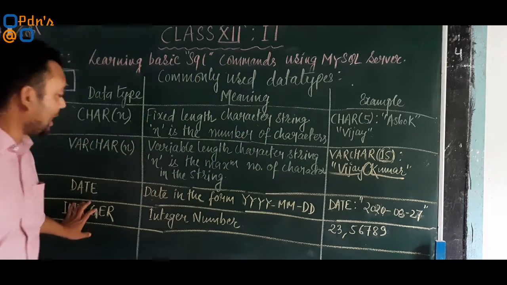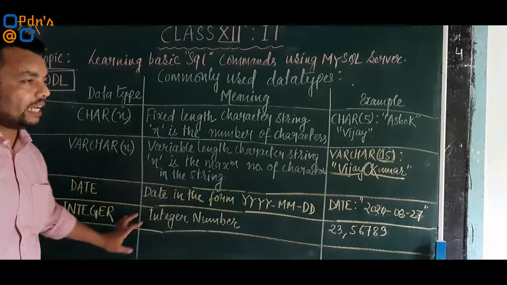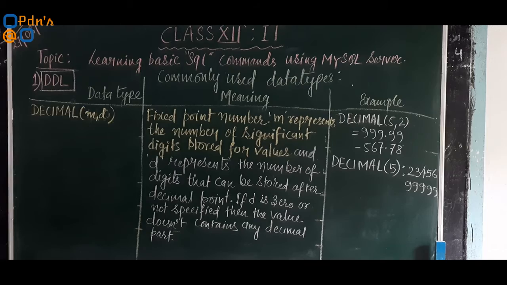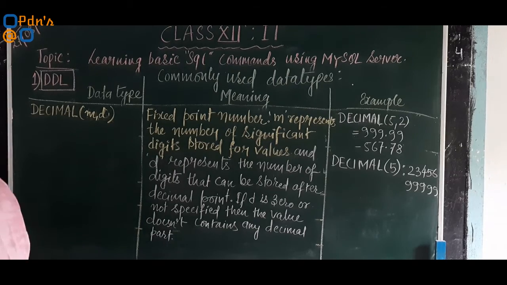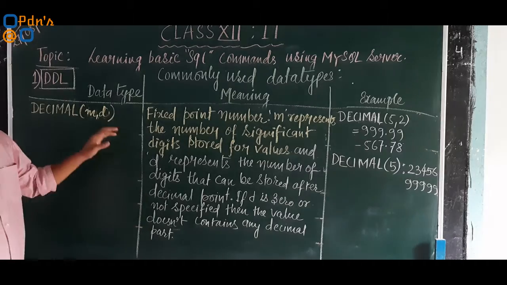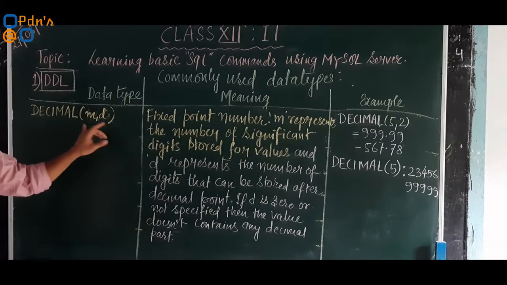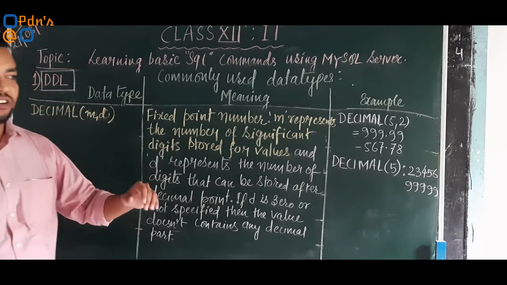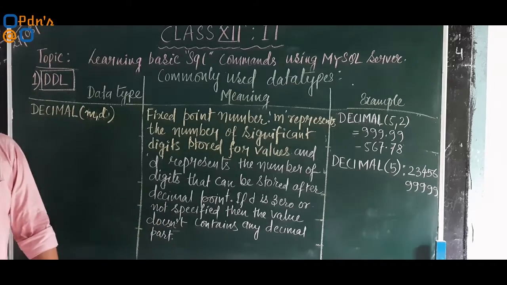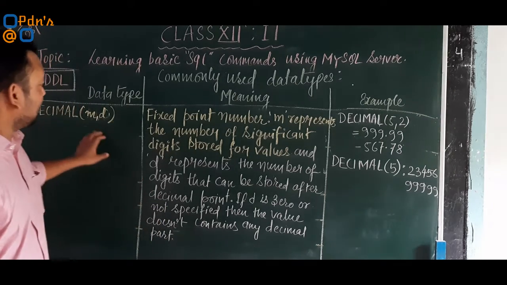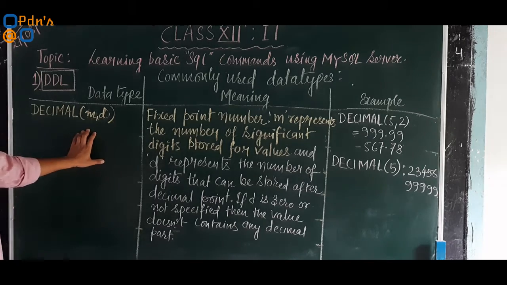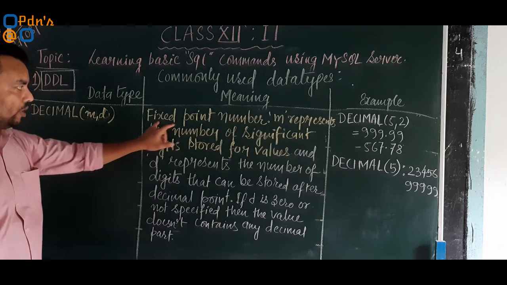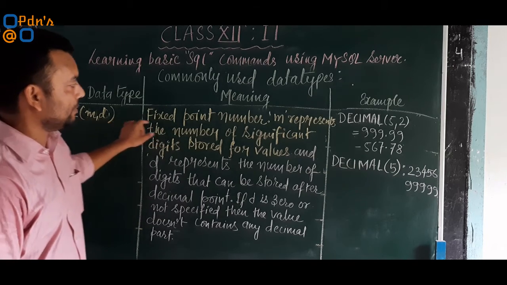Now apart from these 4 data types, one more data type is there which I am going to discuss now. The last data type in this chapter is DECIMAL(M,D). This kind of data type is used whenever there is a need for insertion of floating point numbers as well as long numbers which have to be accommodated inside the database. Decimal stands for fixed point. DECIMAL(M,D) is meant for fixed point numbers.